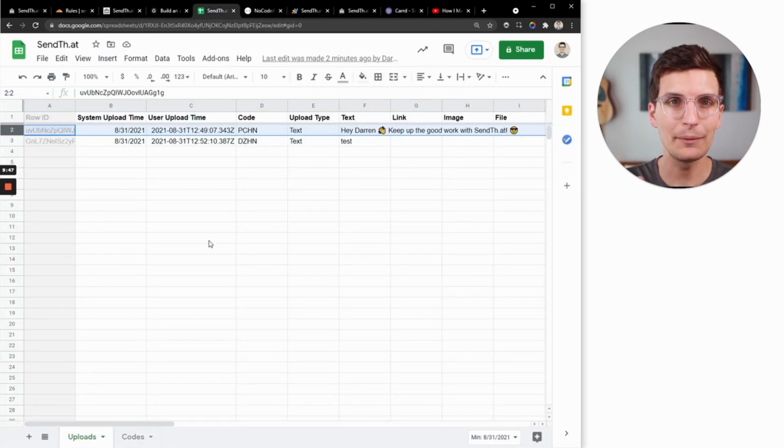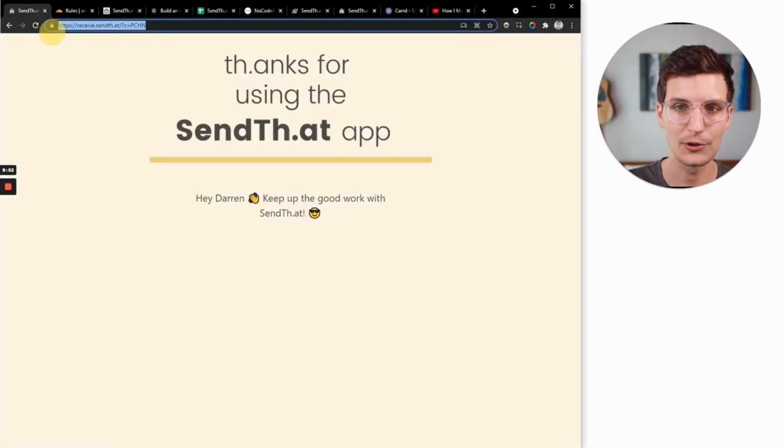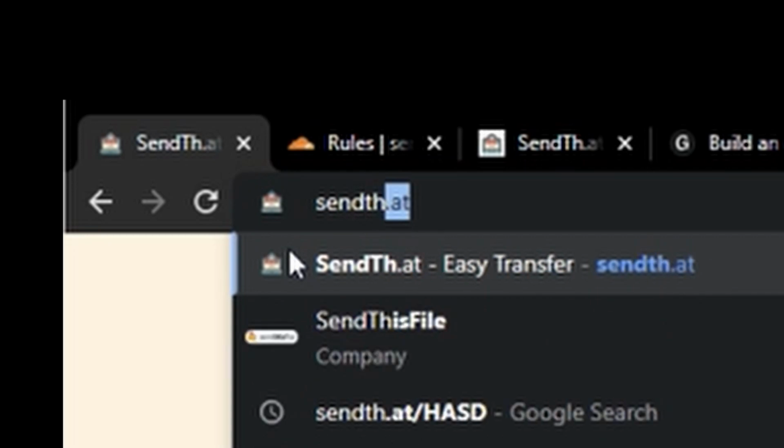But yeah, that 10-minute deletion period is probably one of my favorite features, next to being able to type in, send that